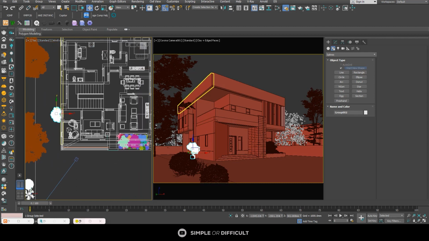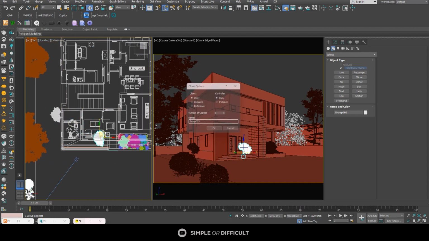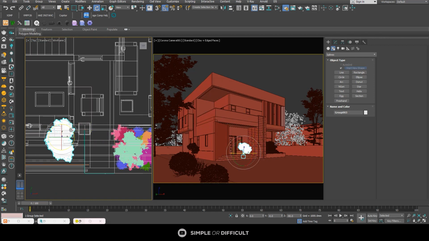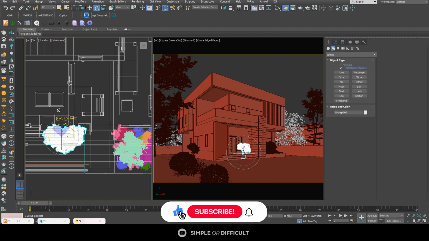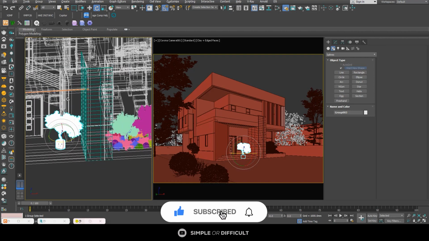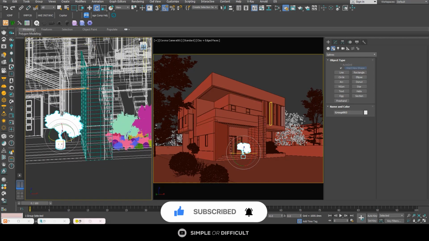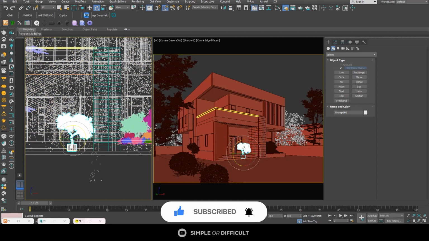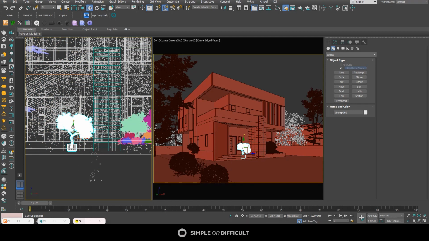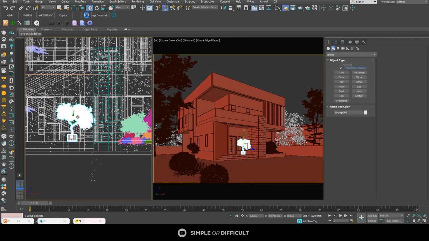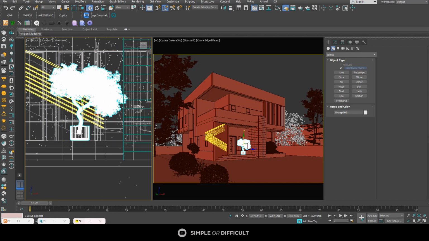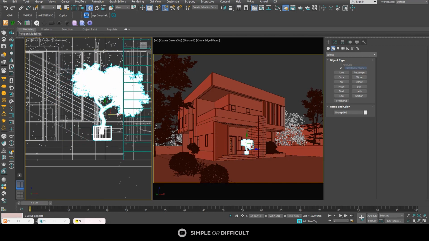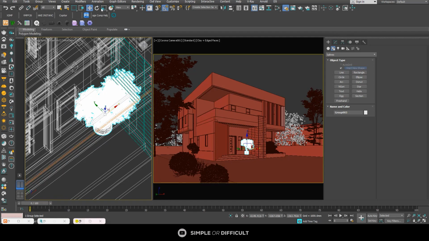Select this. I want to keep another one here at the entrance. Hit copy and rotate it into place. Move it up into position. Now I'm going to rotate this one